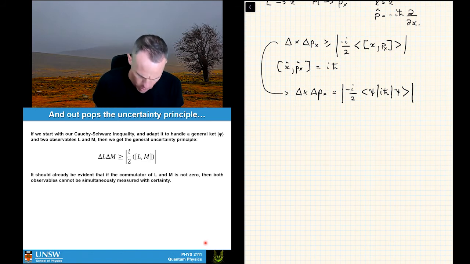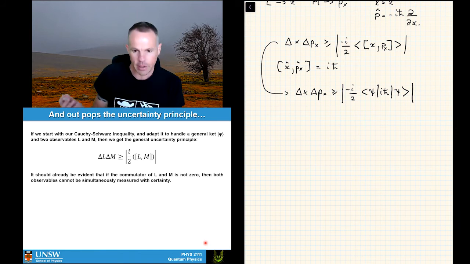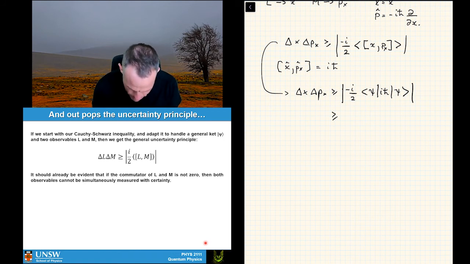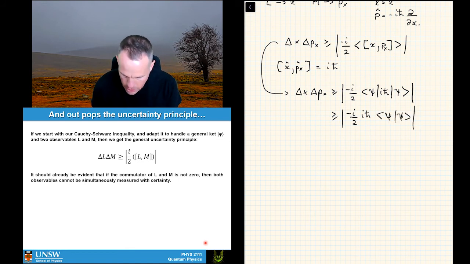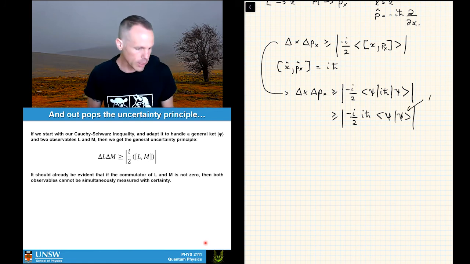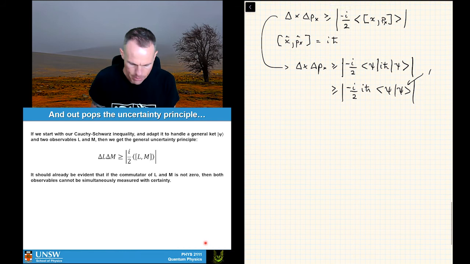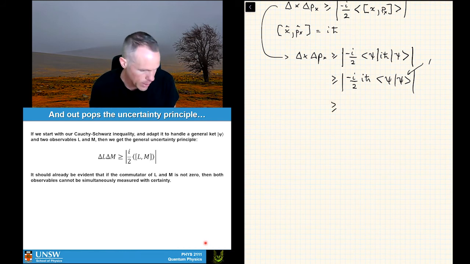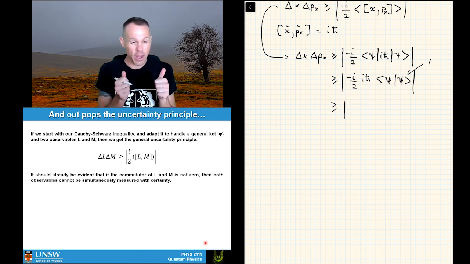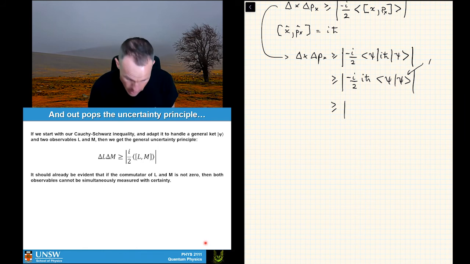And one thing to be careful of is that's not equals, that's greater than or equal to. Okay, so then next step in here, what we can do is just pull the i h bar out the front, right? So this will be minus i on 2 i h bar psi times psi. And of course, this thing here is just 1, right? Just by normalization. We can clean up the i squared in here. So this thing will end up being greater than or equal to i times i is minus 1, times the minus gives us a plus. So this will be h bar over 2, like so.